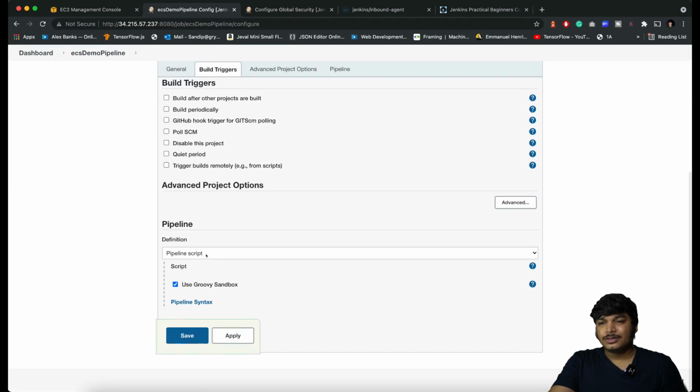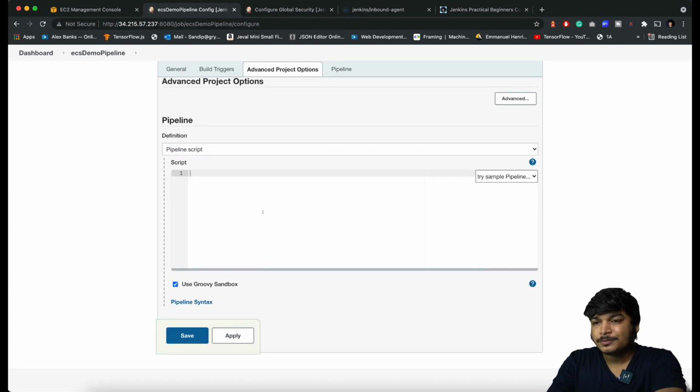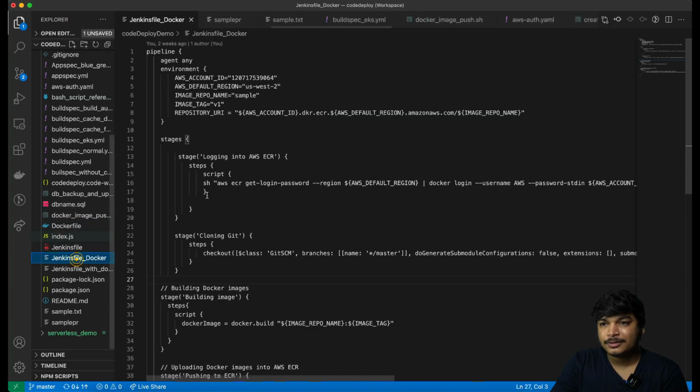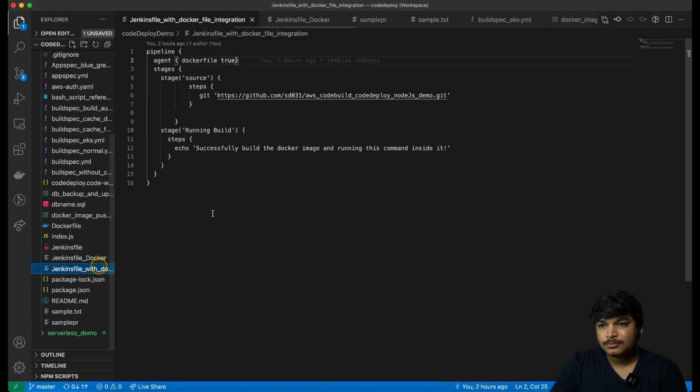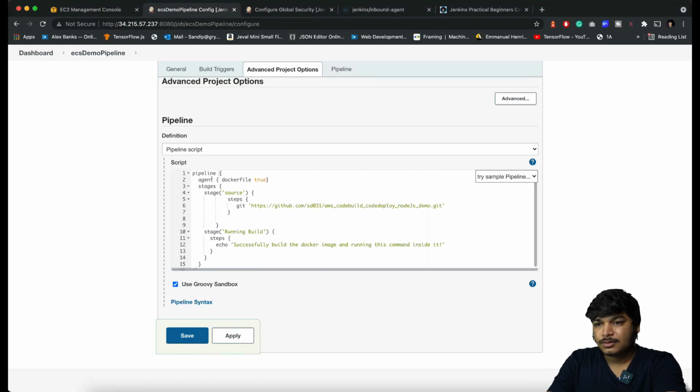Go very down and let's write the pipeline script here. I think I have a sample one, so I will go with that. Just this one. The agent label should be that.